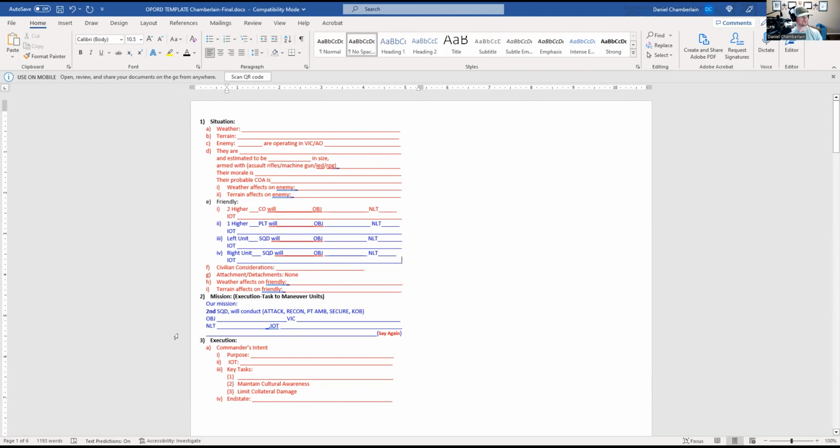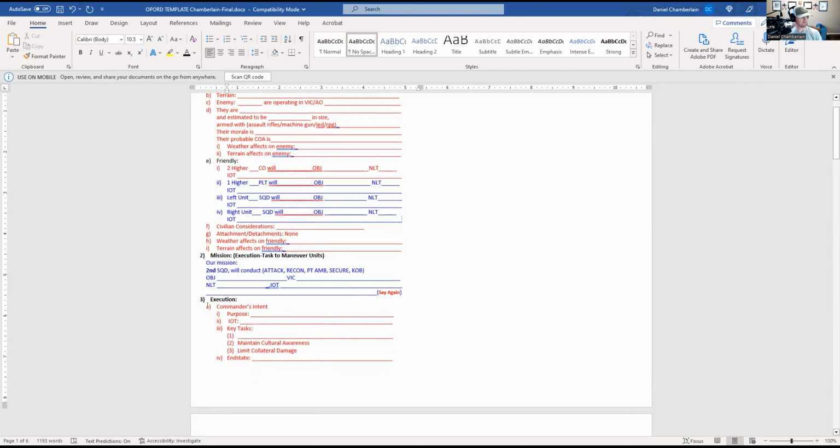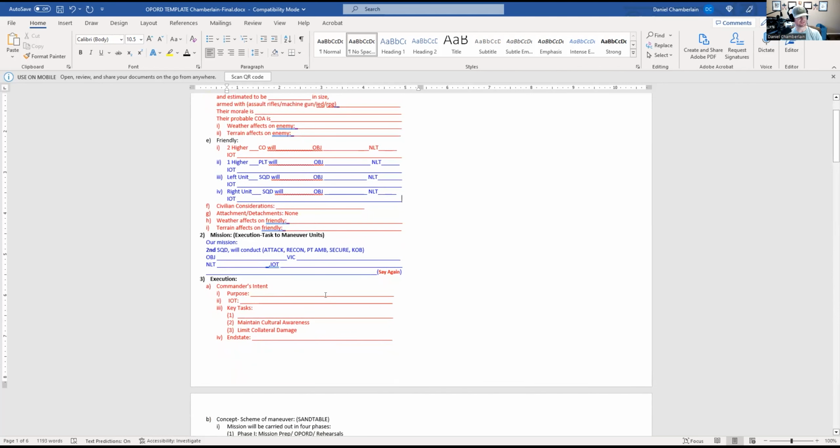So you want to know all of this stuff, and sometimes the only way to learn it in the right order and what pieces go where, you have to practice off of a complete plan like this. So if you've never seen one completely laid out, you don't know what you don't know. So this was my template. This is how I learned all of the things that go into the op order, and it's helped me in many, many places.